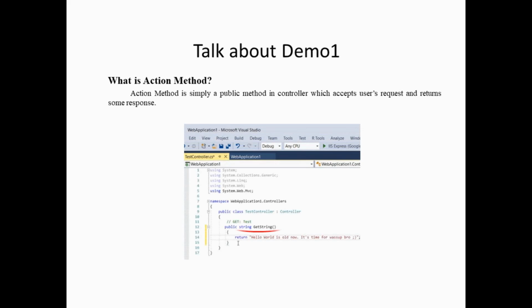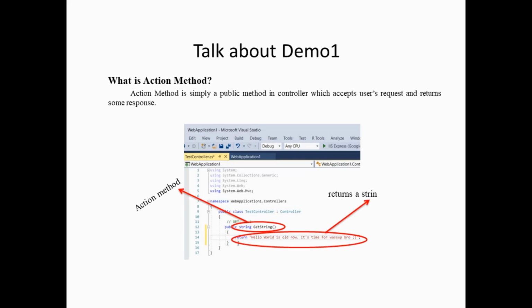In our project, the action method is GetString. It returns a string response type. When we return a string from an action method, it is actually considered a ContentResult only.